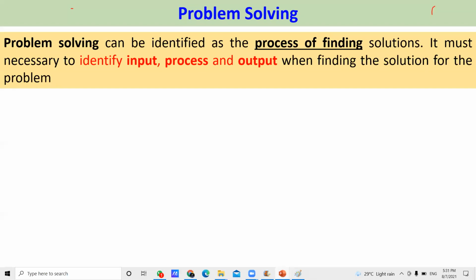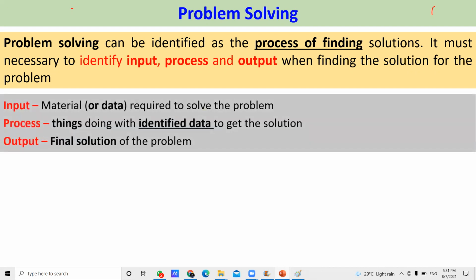Each and every problem you are going to solve has these 3 terms. First you identify the input, then the process involved with this problem, and finally what you are going to take out, that's called the output. So when you have a problem, the first thing is to identify the inputs, then the process and the output.